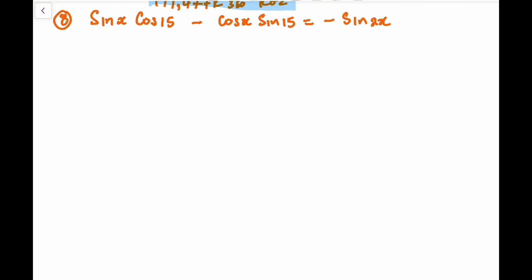Number 8, you will notice that we have sine, cos, cos, sine, x, 15, 15. So now this is a compound angle that is already expanded. If you have a compound angle that is already expanded, you need to take it back. So taking this one back, you can see it's a mixture of sine and cos. So originally it was sine. So this is the same as sine of x minus 15 is equal to negative sine